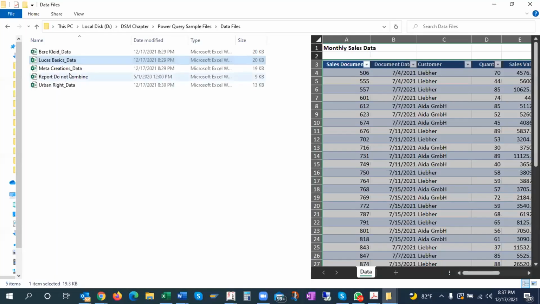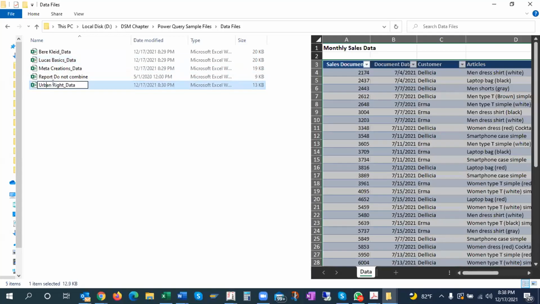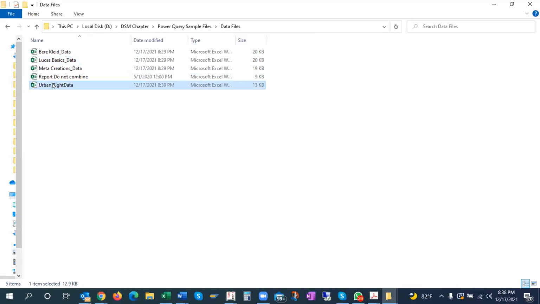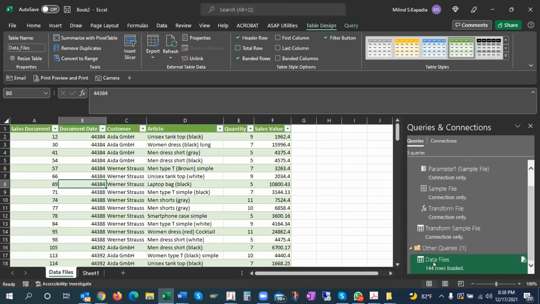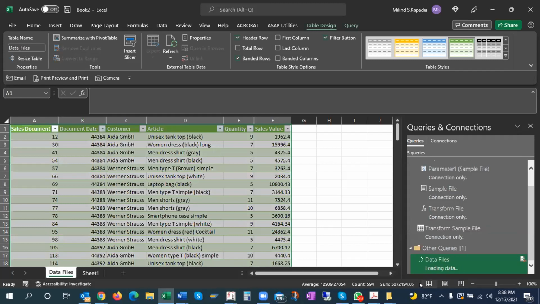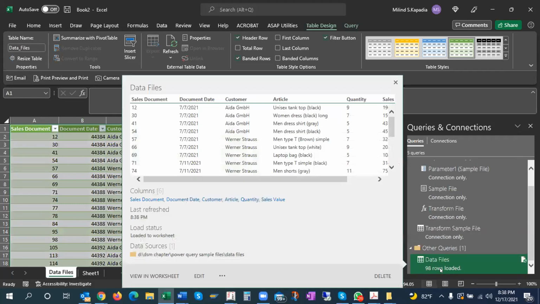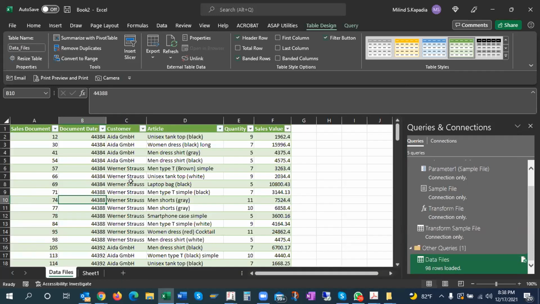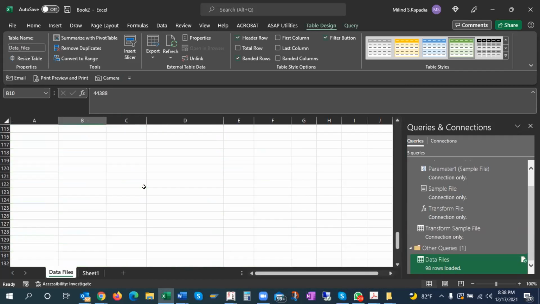That means the data which was not included earlier has now been included. When I change this, and when I say I don't want this file to appear in this combined data, so when I refresh, it was 144, it has become only 98. So it is not showing that data here in my table.